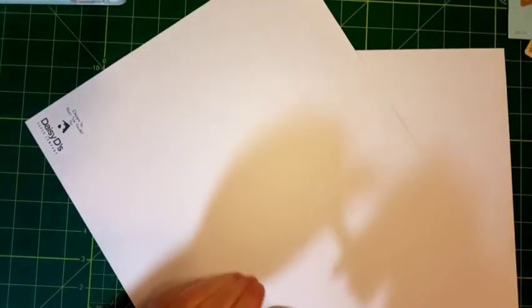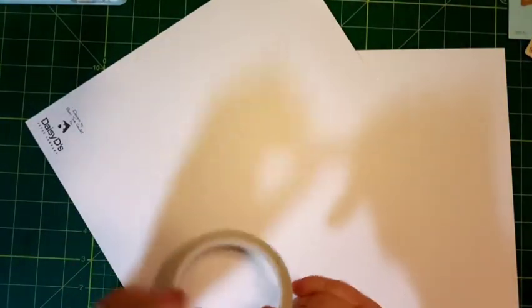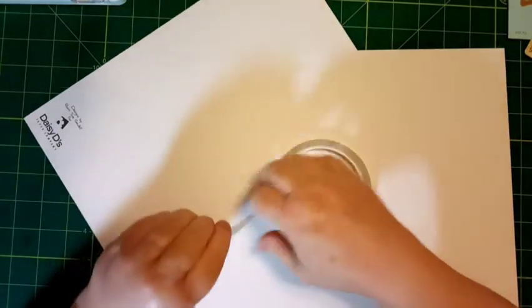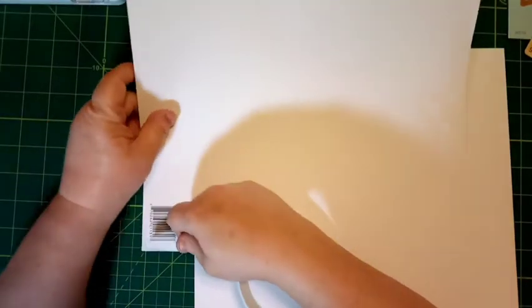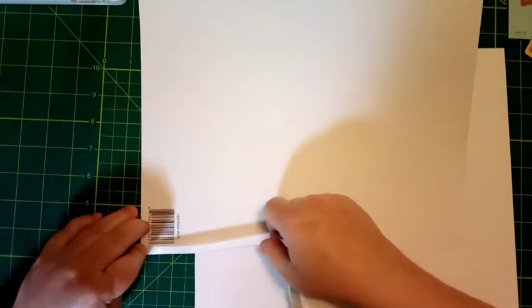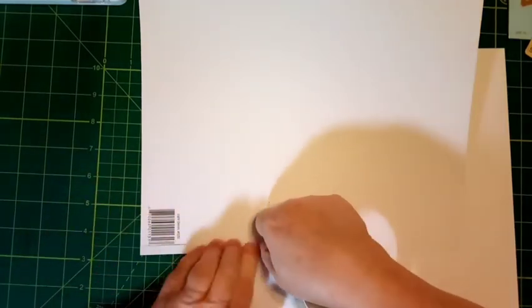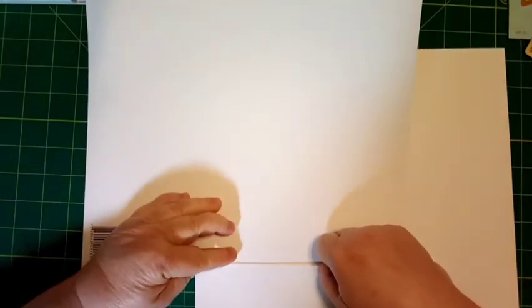So let's get these attached together. I'm only going to attach them with this double-sided tape. This is some really good double-sided tape that I actually got from the dollar store, if you can believe that. I don't know if you can see what I'm doing, but I'm just going to come straight across this way. I mean, this is some super sticky stuff. Just like this. Taking it all the way to the edge